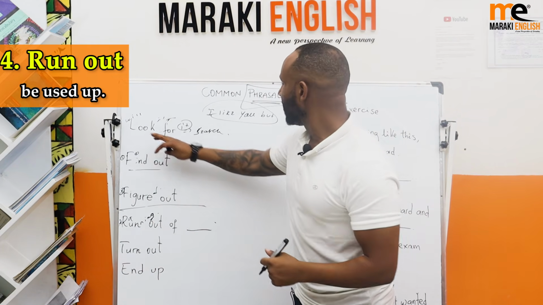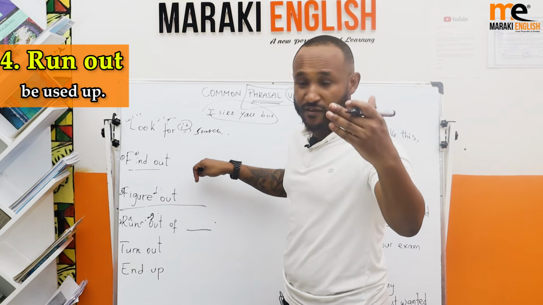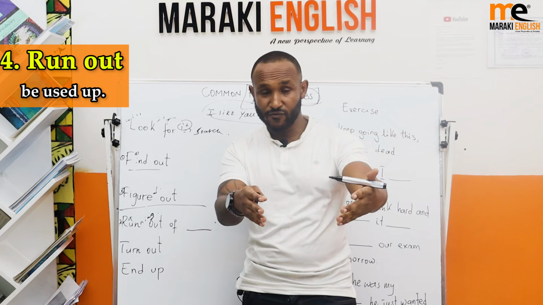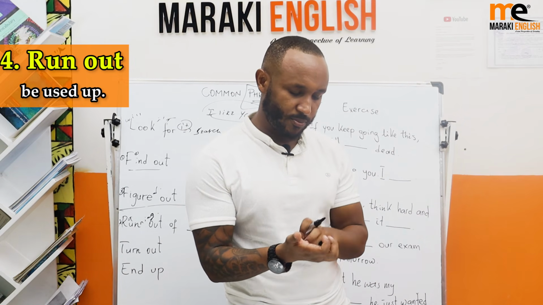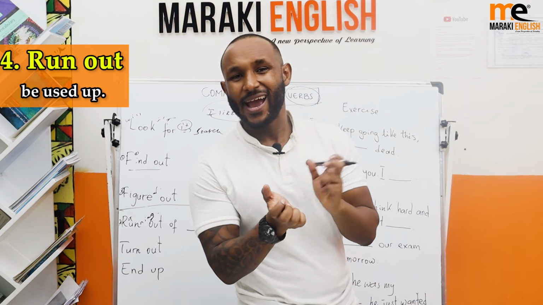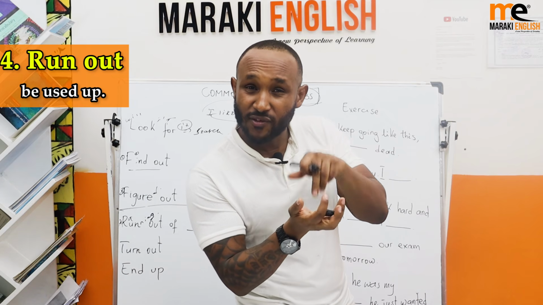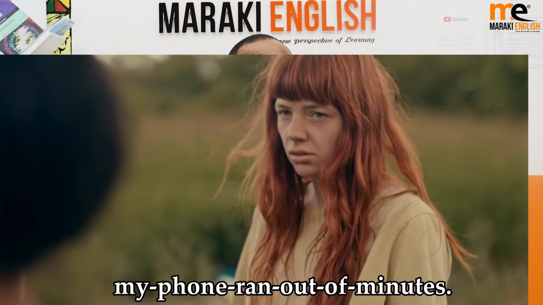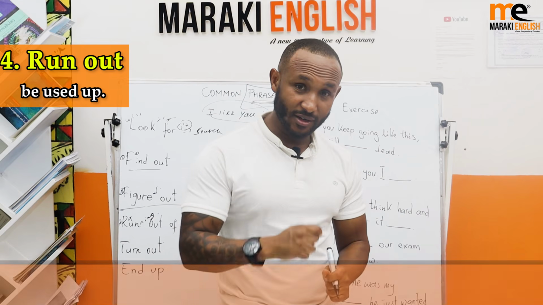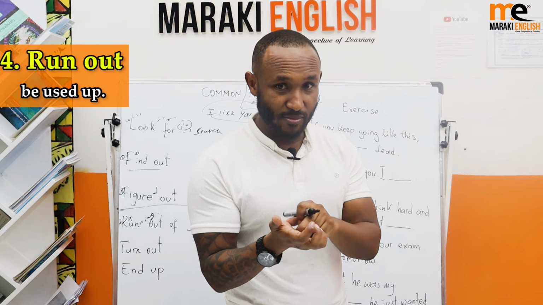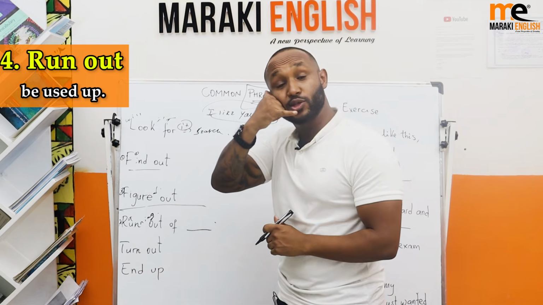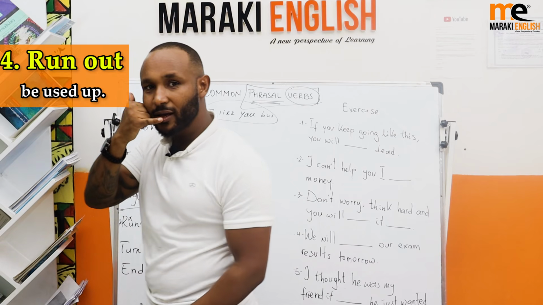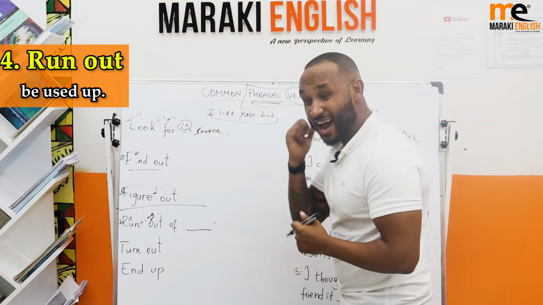So what happened again? I was looking for my phone and I found out my friend took it. So later I figured out a way to have my phone back. So I went to my friend and I said, oh, I want to call someone. Boom. You know what? I ran out of minutes. My phone doesn't have enough money. My phone ran out of minutes. Can I use yours? He says, sure. And he gave me. So I took his phone. Boom. I dialed the number and pretended I was talking on the phone. Hey, how are you doing? I simply start walking away and boom, I'm gone. I have the phone now.